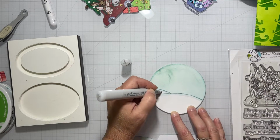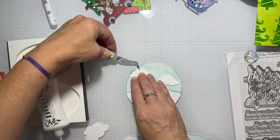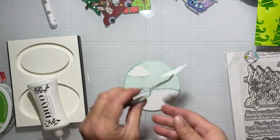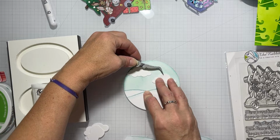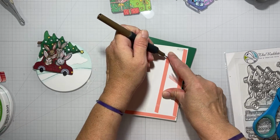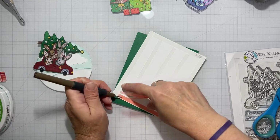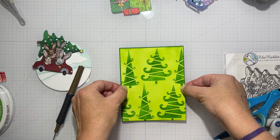And then finally in with my colorless blender. I just wanted to lend color to the hills and define them, but I didn't want to color them, if that makes sense. I still wanted them to look like snow. Added some cloud die cuts there to my sky, and now I'm using some double-sided adhesive to adhere this to a green card base,